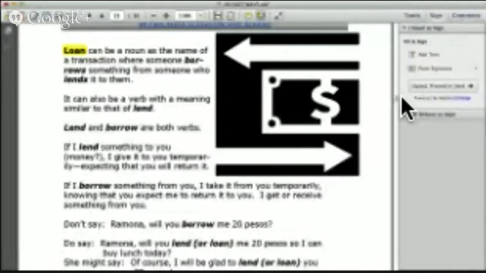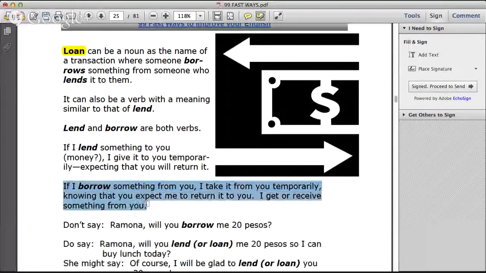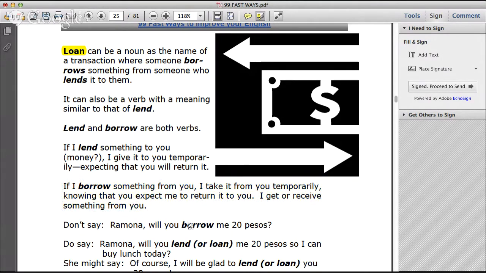Okay, very good. Claudio, please read this next paragraph. If I borrow something from you, I take it from you temporarily, knowing that you expect me to return it to you. I get or received something from you. Okay, all right. So,